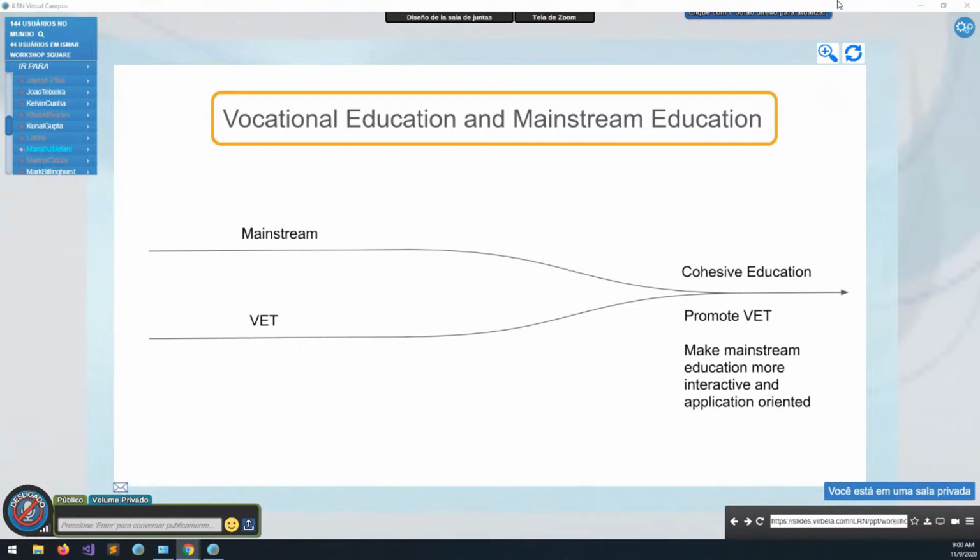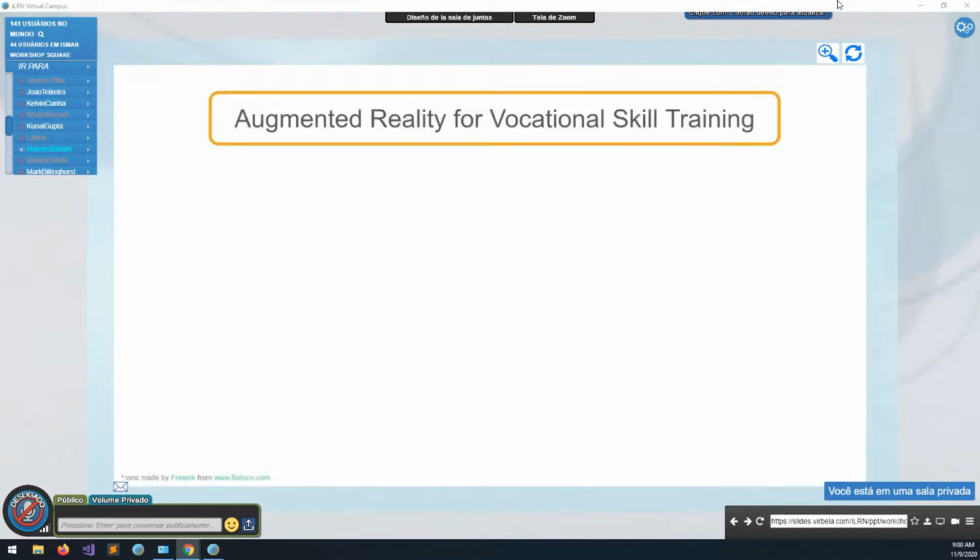So, hands-on learning and constructionist learning are becoming more and more famous for mainstream education also. And vocational education, being very hands-on training, can actually add those elements to mainstream education as well. We are therefore proposing augmented reality as a potential medium to teach vocational skills to K-12 students. And why we are proposing this is the affordances of augmented reality that we feel can suit very well